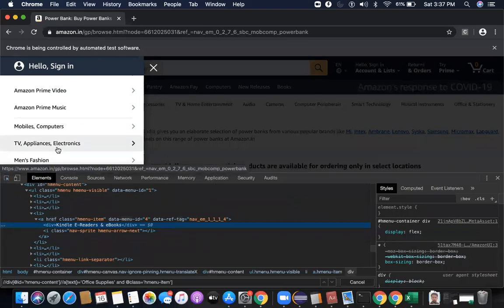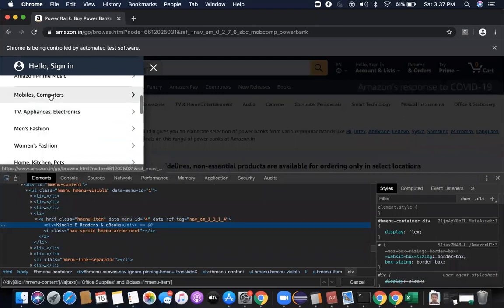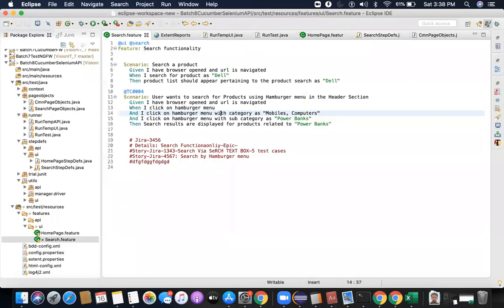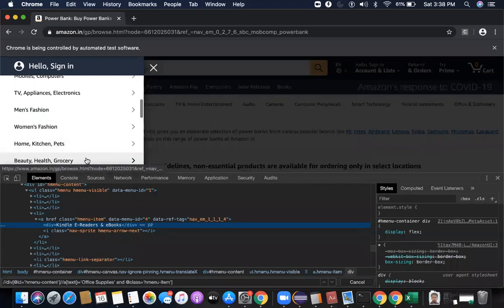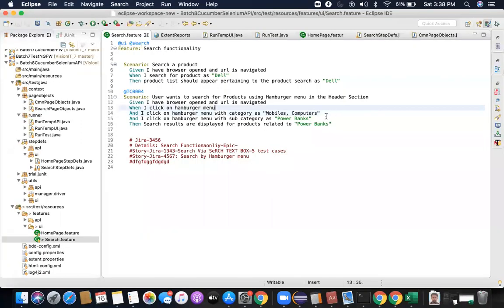Right now I have written mobile and computer. Let's say someone wants to search for beauty, health, grocery, right? So all he is supposed to do is modify this, and he should not be going into the code and making changes, right?